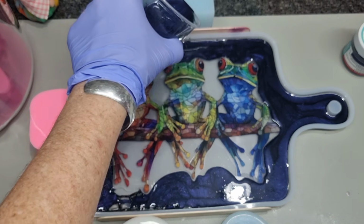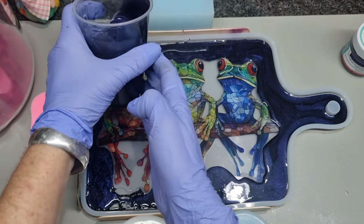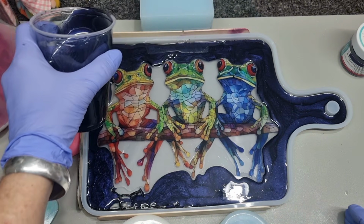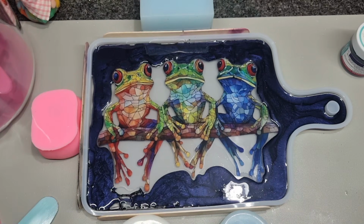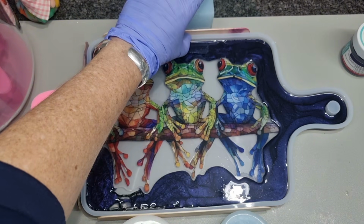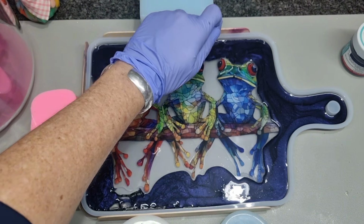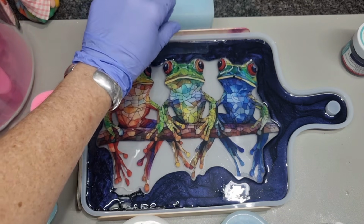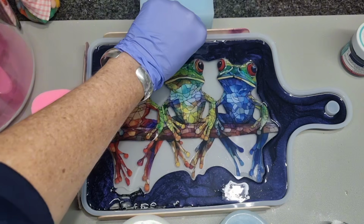So you might say, oh, look at that mess. Speaking of mess, why I'm sort of being so fastidious on my drips, because I've found over the years, the neater you can do it, and nobody expects you to do it straight away, but if you get into the habit of it, and cleaning up your little drips and stuff, when you come to demold, you'll find it's much better when there's nothing hindering the mold,